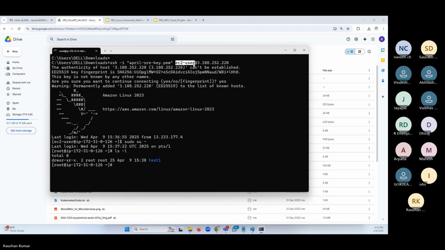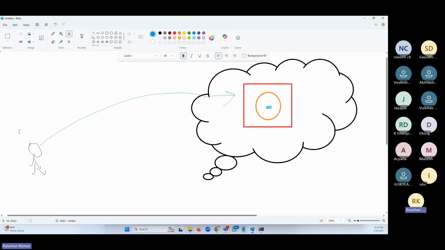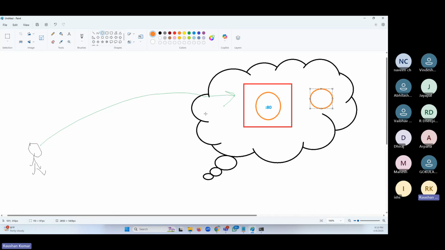Can we do the same with the private IP? No, right? That's the difference. We are connecting from outside the network. Are we in the cloud network? No, I'm not in the cloud network. If you have another server in the cloud, you can do SSH using the private IP.